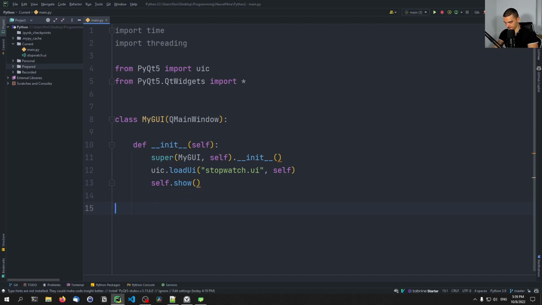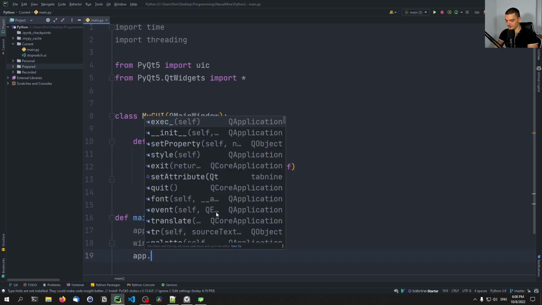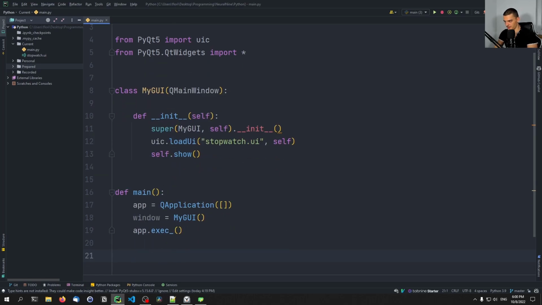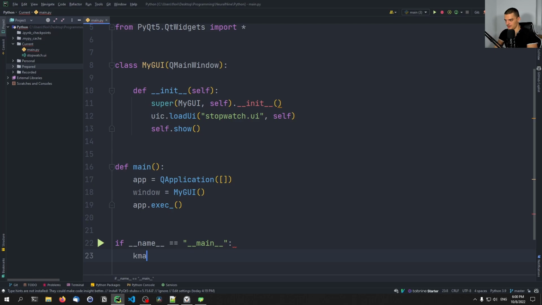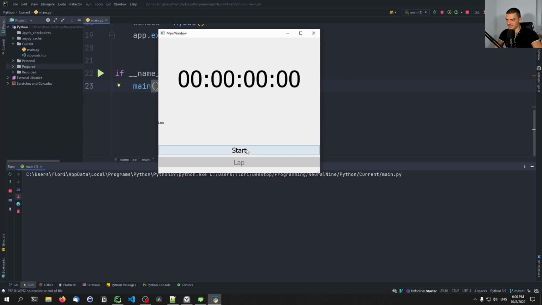We're going to now say def main. So we're going to define a main function. We're going to say app equals QApplication with an empty list here as an argument, so with no arguments. Then we're going to say window equals MyGUI. And we're going to say app.exec_. And then, of course, we're going to say the typical line, if __name__ is __main__, then call main. There you go. So if we run this now, we can see that this is the basic UI that we